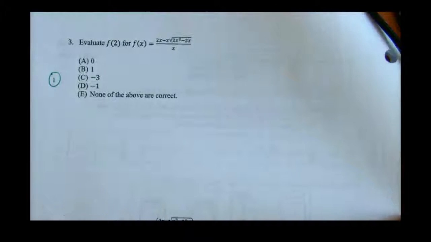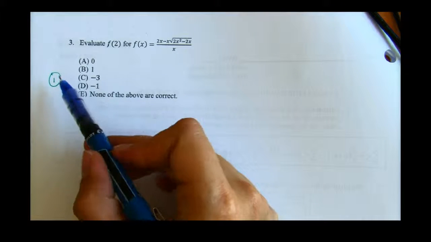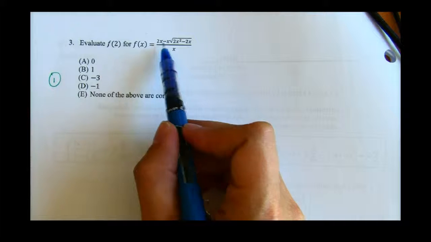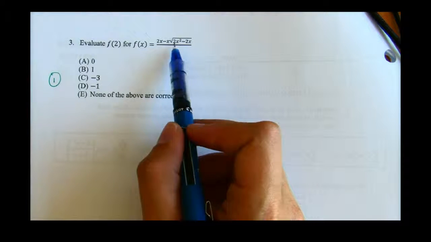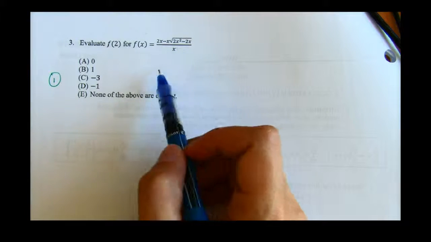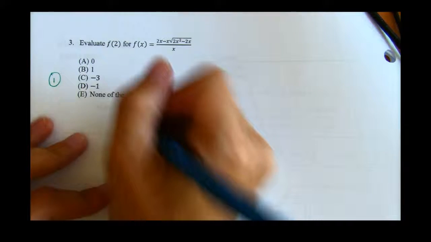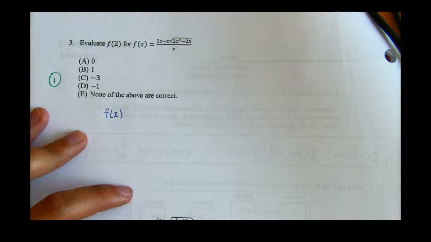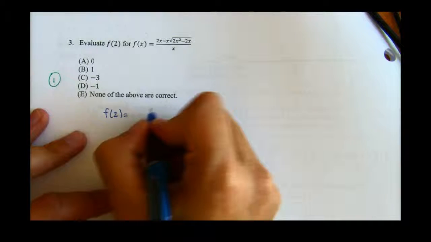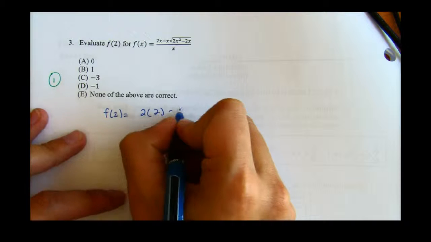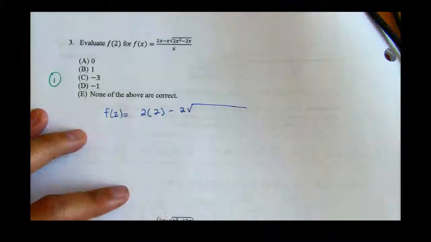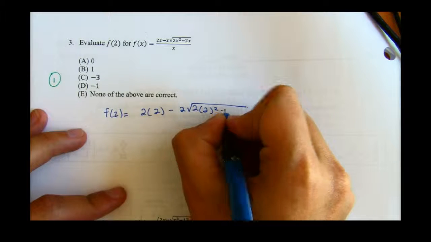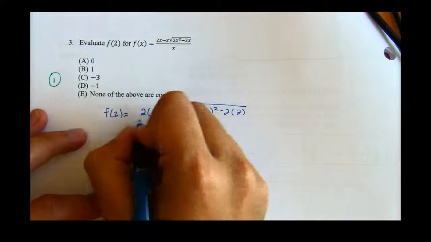Okay, number 3. So if you were in the makeup exam, this is question number 1. Evaluate f of 2 for f of x equals 2x minus x times the square root of 2x squared minus 2x over x. So we're going to end up with a lot of 2's. F of 2, in this case I'm just replacing any of my x's with 2's, so this is equal to 2 times 2 minus 2 times the square root of 2 times 2 squared minus 2 times 2 all over